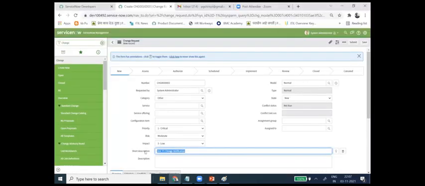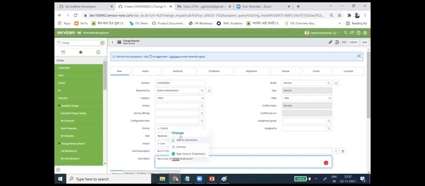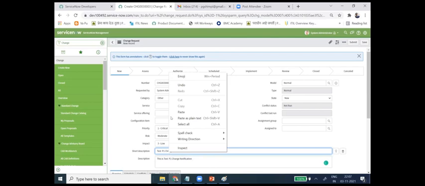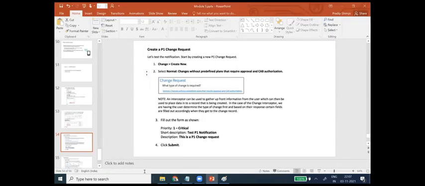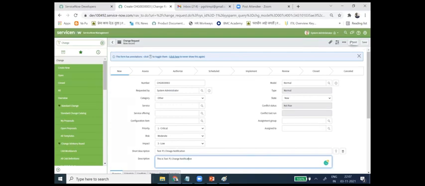And the same thing, description is this is P1 change notification. Fine, that's okay. Right, we have created it and we'll submit this. Now, as per our condition, when the P1 change request gets created,